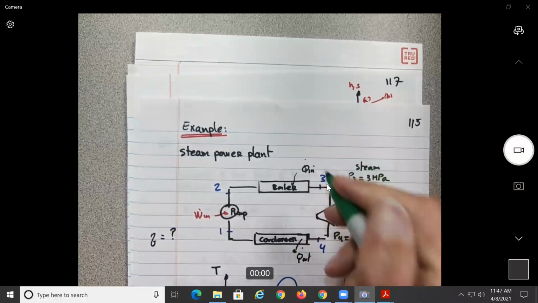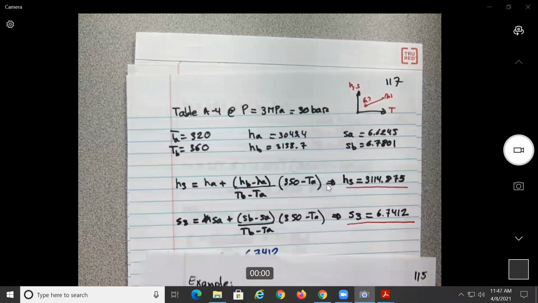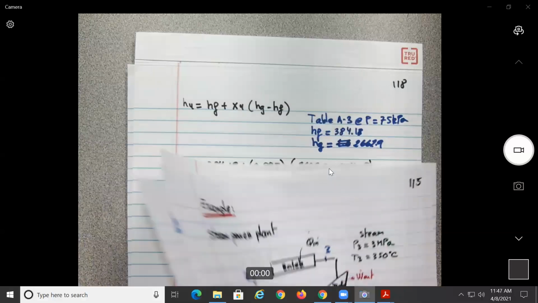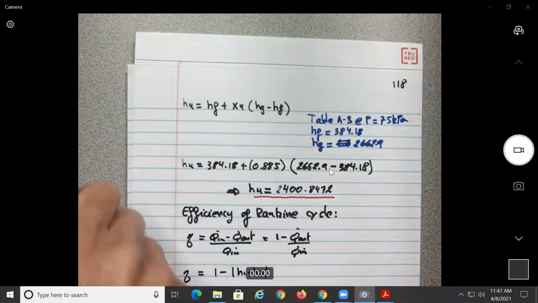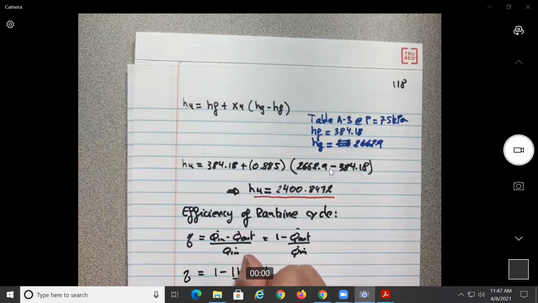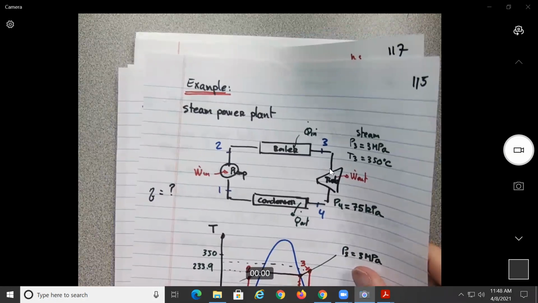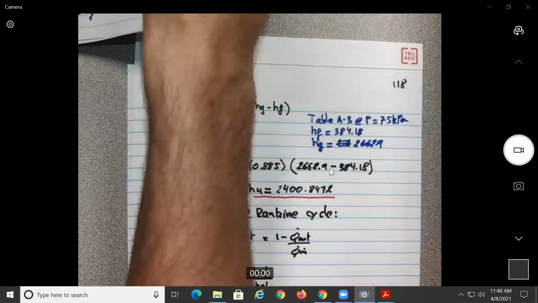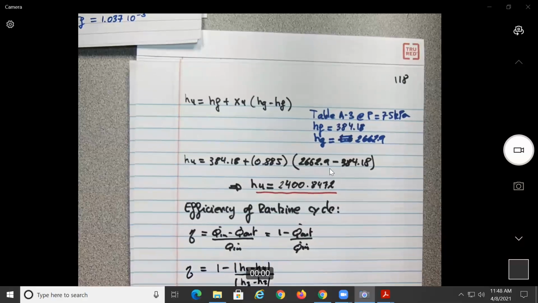So Q out is in function of H1, H4, which is what we have over here. Wait, the last page. H1, H4, and Q in should be in function of what? 2 and 3 in the boiler. This is H3 minus H2. Okay, so that means that the efficiency is going to be equal to what? 1 minus